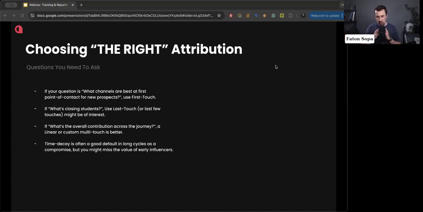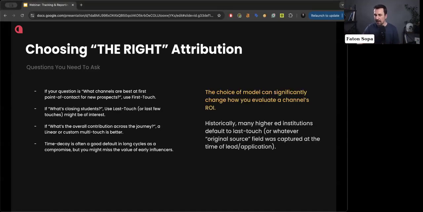And then they use marketing data to understand all the touch points that helped reach a specific decision. Basically, the choice of model can significantly change how you evaluate a channel's ROI. But historically, many higher education institutions default to last touch or whatever the source field in their CRM is telling them.